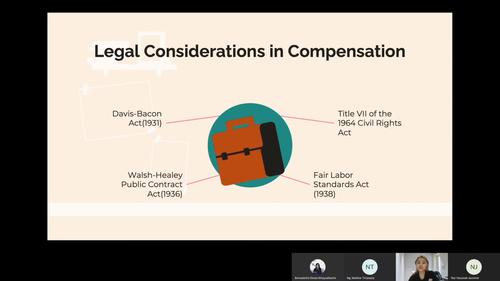This act makes it unlawful for employers to discriminate against any individual with respect to hiring, compensation, terms, conditions, or privileges of employment because of race, color, religion, sex, or national origin. And the Fair Labor Standards Act, 1938. This act provides for minimum wages, maximum hours, overtime pay, and child labor protection. The law, amended many times, covers most employees. Next